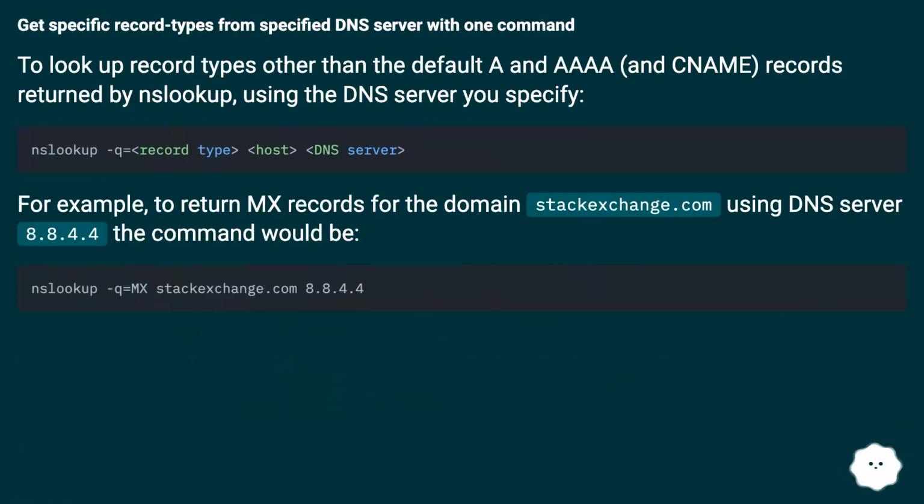Get specific record types from a specified DNS server with one command. To look up record types other than the default A, AAAA, and CNAME records returned by nslookup, using the DNS server you specify. For example, to return MX records for the domain stackexchange.com using DNS server 8.8.4.4, the command would be